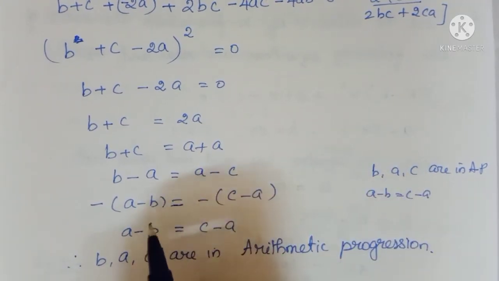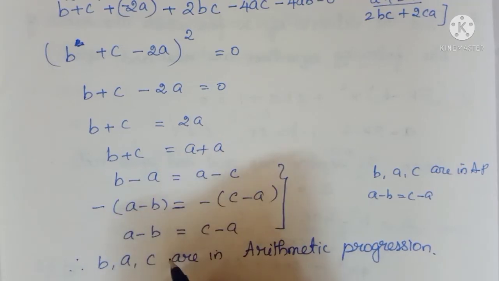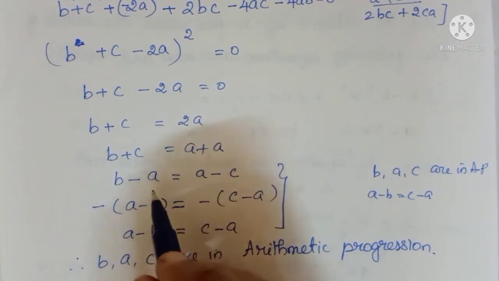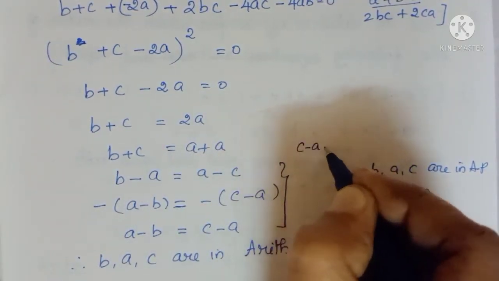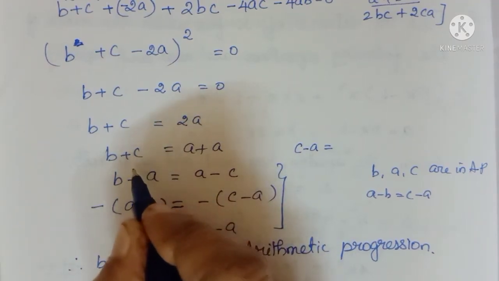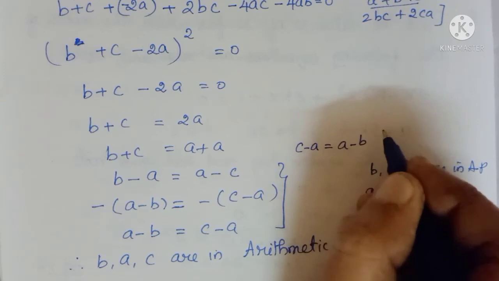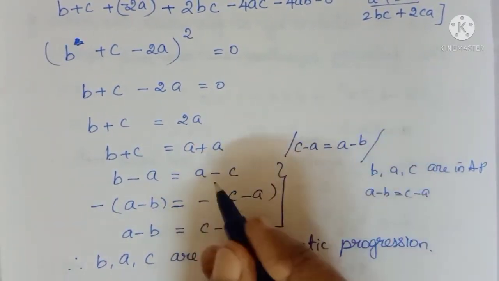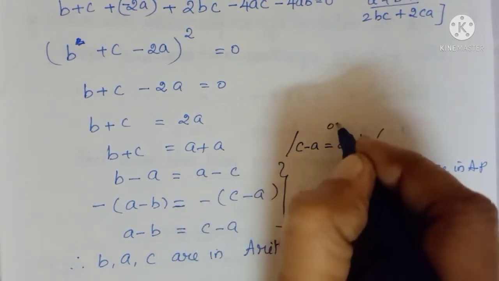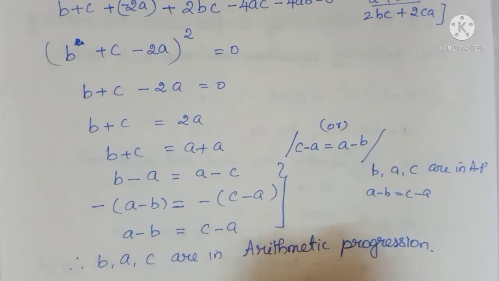Okay. So otherwise, here itself we can take some other method. Here I took minus outside, then I brought A minus B is equal to C minus A. No, so directly here you can think a little and write. After this step we can say C minus A is equal to, just I will take C, A to this side and B to this side. So C minus A is equal to A minus B. So directly we can get this step also. So either this method or this method you can select, and you can write the conclusion.